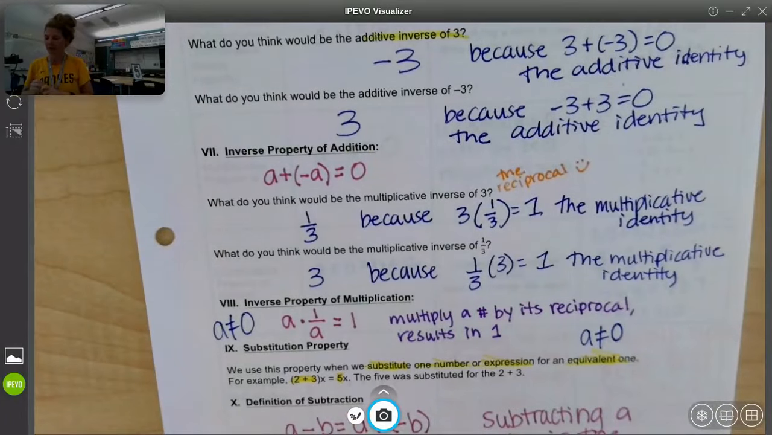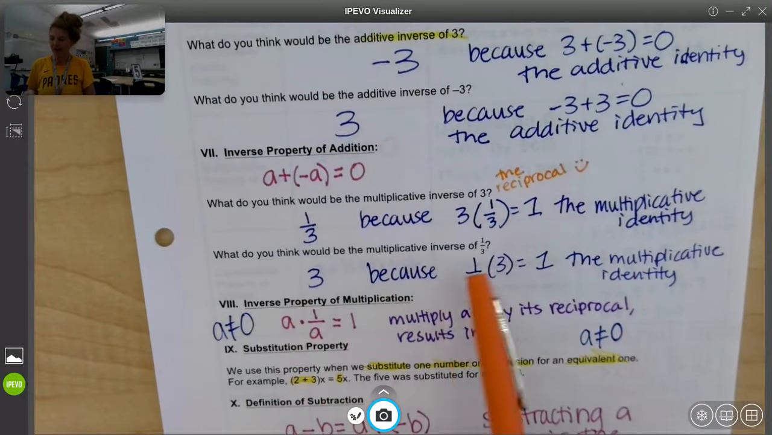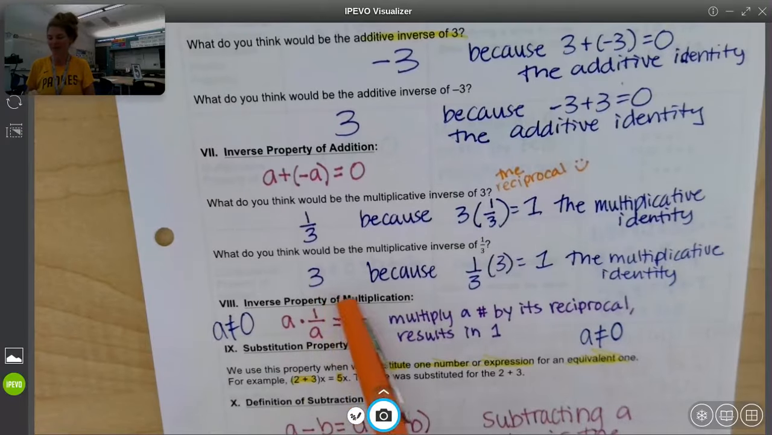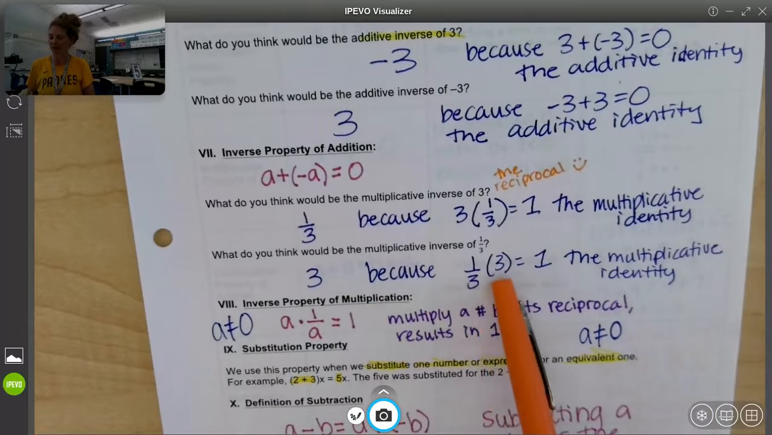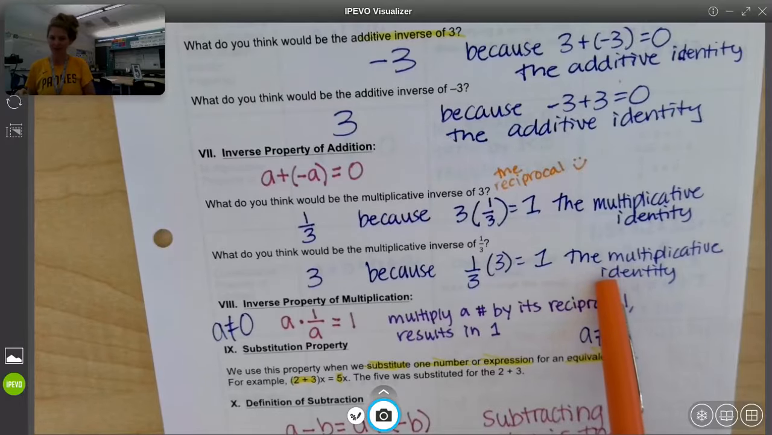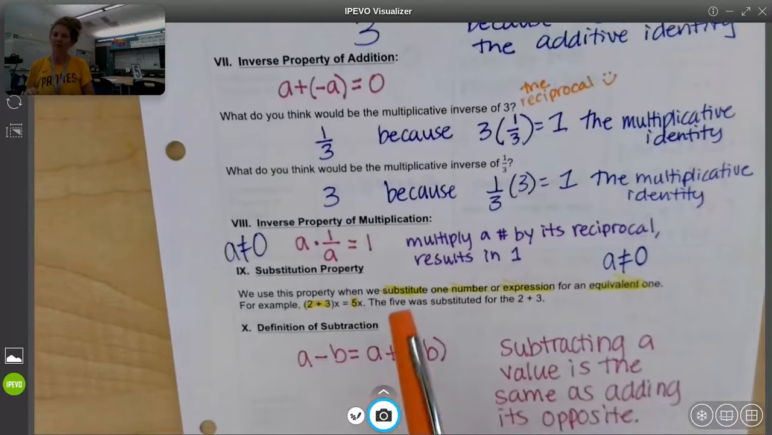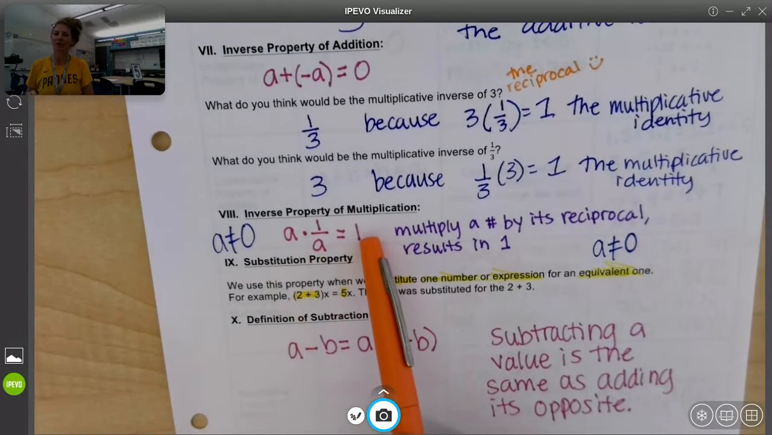Because 3 times 1/3 is equal to 1, and 1 is your multiplicative identity. And the multiplicative inverse of 1/3 is 3, because 1/3 times 3 is 1, the multiplicative identity. So when you multiply multiplicative inverses together, you get the multiplicative identity. And then our formal definition of the inverse property of multiplication is A times 1 over A is equal to 1,